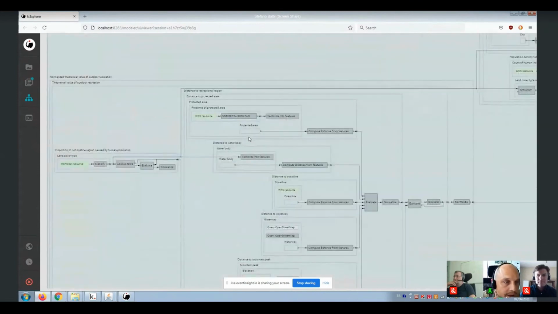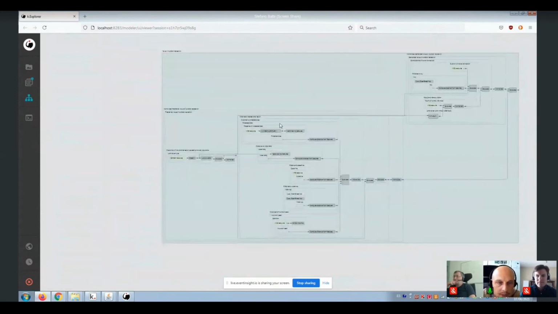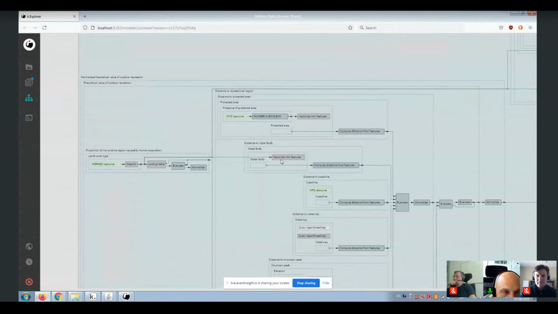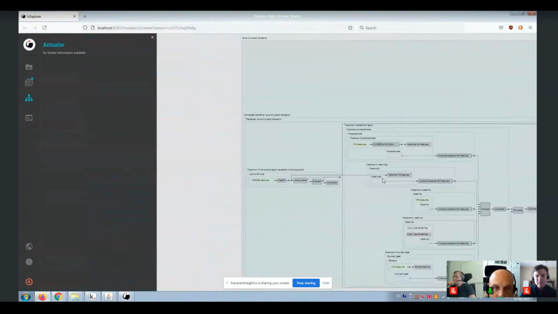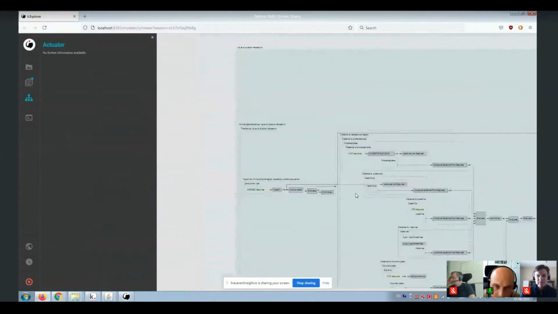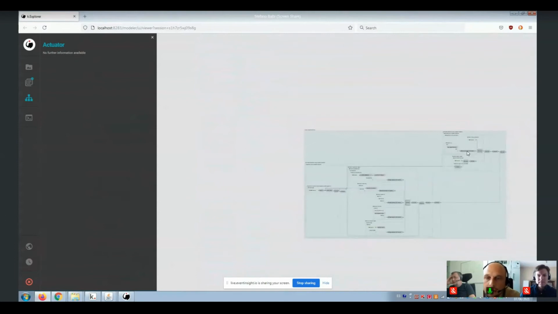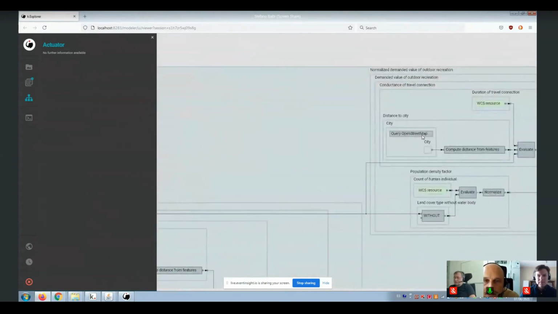So, for example, this square in the middle here is the supply side. We will consider features like water bodies, coastlines, waterways, and mountain peaks, mainly. Also the presence of protected areas. But in this part here, it's more about the demand side. So where the people are located, how far from the cities, what the population density is, and so on.